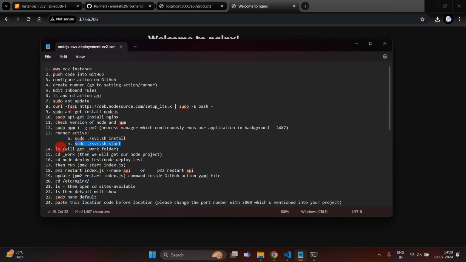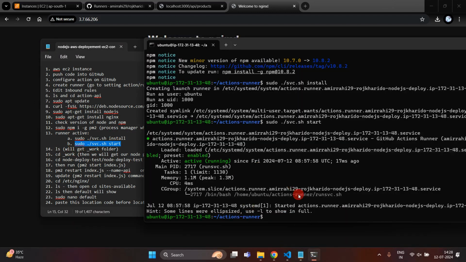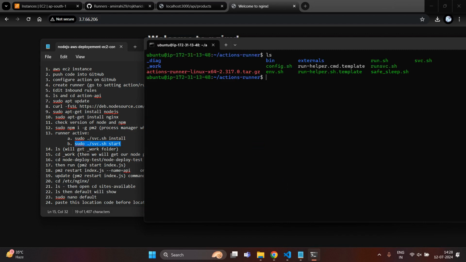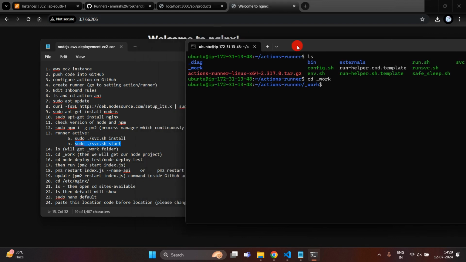Now I'm going to write clear to clear our terminal, and then write ls to check whether the folder is created or not. So the _work folder is there now and it is visible. Previously it was not visible, but now it is. So we will navigate inside it: just write cd _work, and then we will